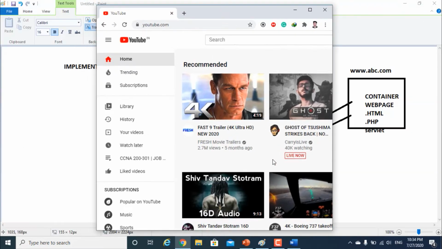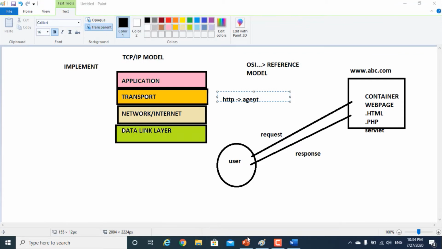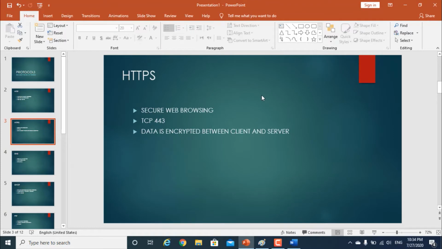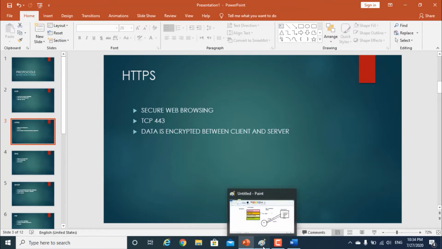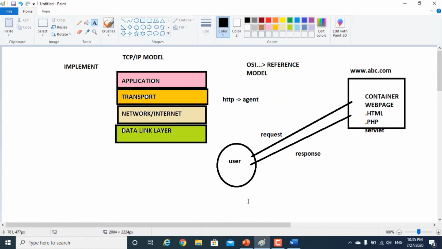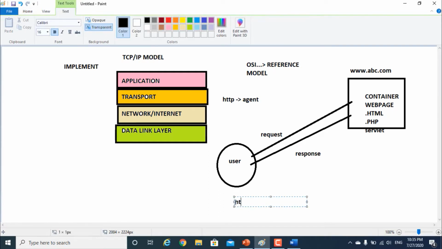So now there's another protocol. Let's proceed further. That is HTTPS. In terms of communication or working principle, there's no such difference between HTTP and HTTPS. But the difference is, while you're sending the request, HTTP will show the request format in plain text in the URL bar of that application which you are using. Let me tell you once again, HTTP is using the plain text format and HTTPS is using the